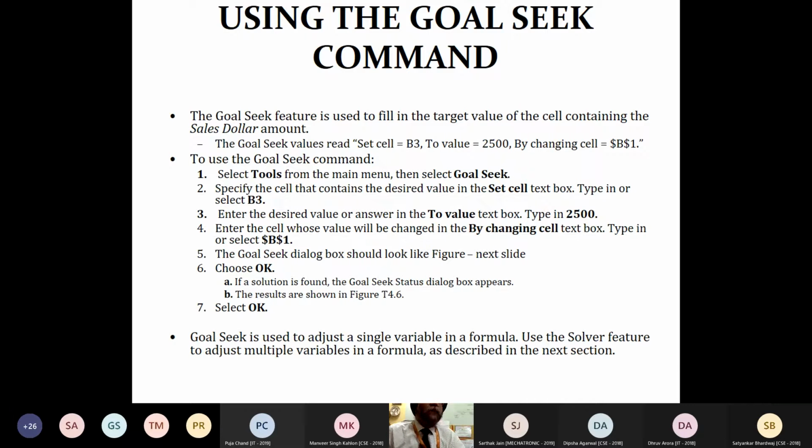Here what you have to do is go with the goal seek: go in Tools and then select Goal Seek. Can you see that? And you have to specify the cell.